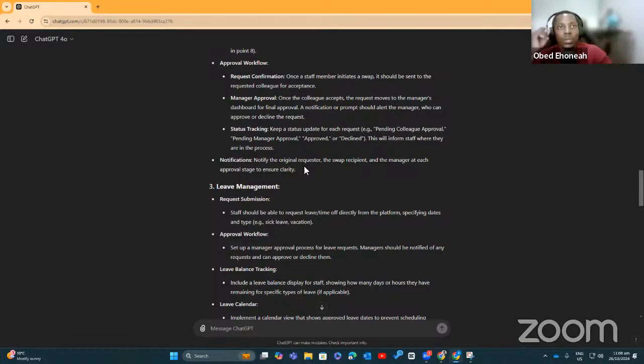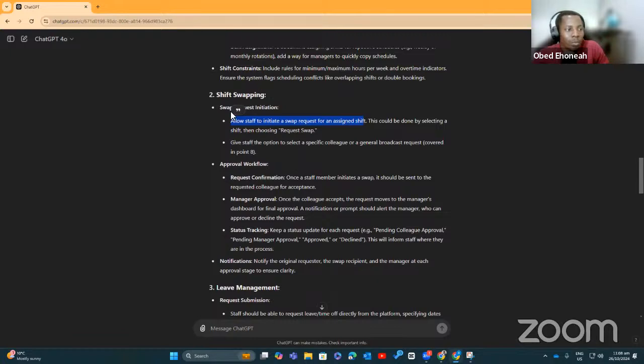What can they do? User stories usually read something like, as a manager, I want to be able to dash. As a staff, I want to be able to dash. So if you take this shift swapping feature, a user story there could be, as a staff, I want to be able to see my schedule and the schedule of my other colleagues so that I can request a swap.